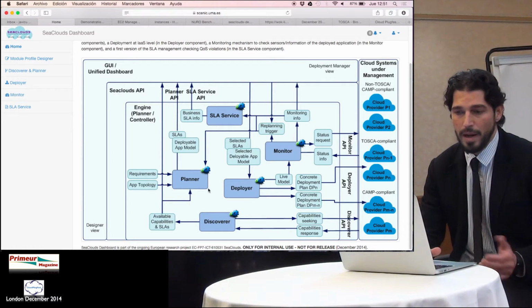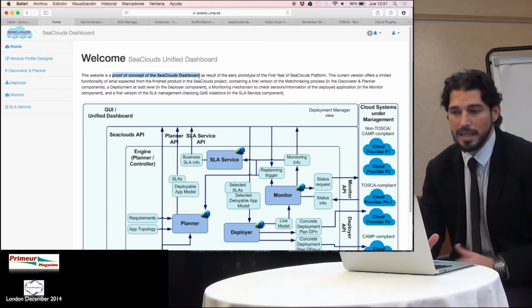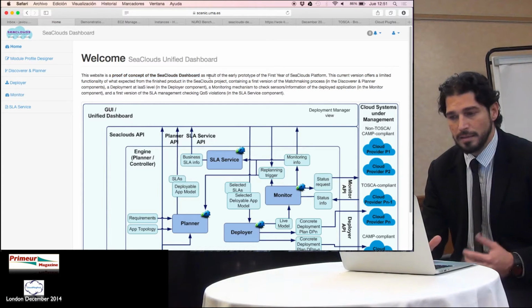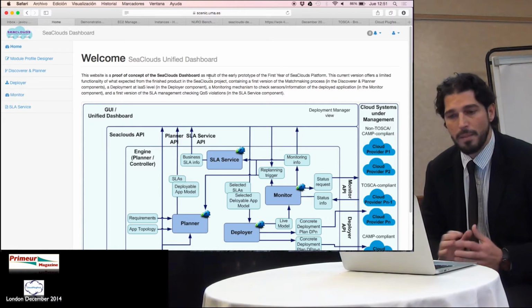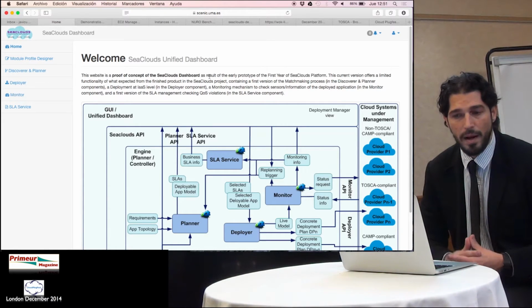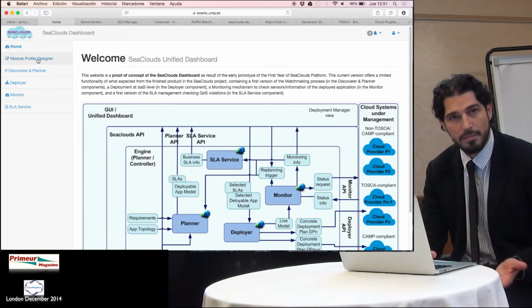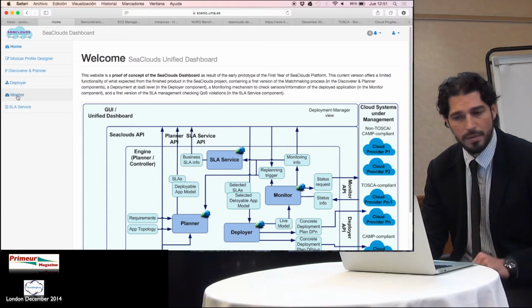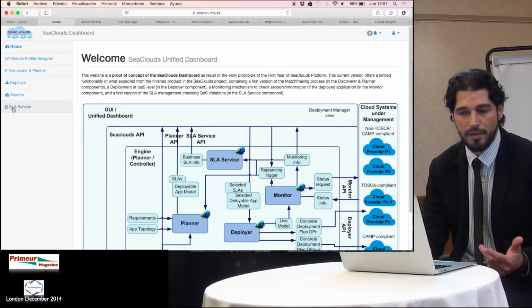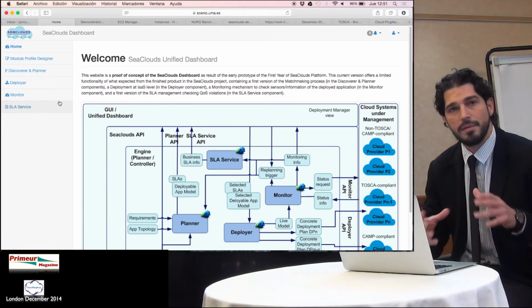So basically what we are going to show here is a proof of concept of the SeaClouds dashboard, as a result of the early prototype of the first year of the project, with the main functionalities that we have. Basically, we have an application designer component, a discoverer and planner component, a deployer component, a monitor component, and a service level agreement service component. All these components are constituting the